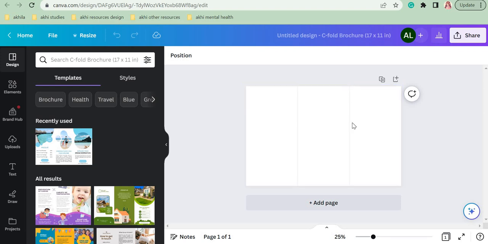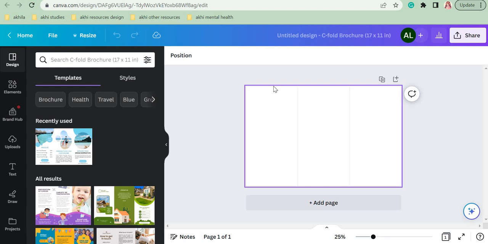Okay, so this is the first page of the brochure, and in this class, in this video, you will learn how to design this first part. Okay, only basic features will be used, but once you practice these basic features, it will be very easy for you to understand how we will be designing the remaining pages in the next class.